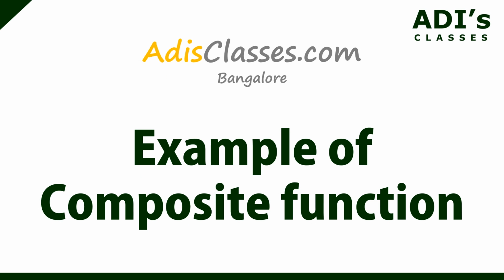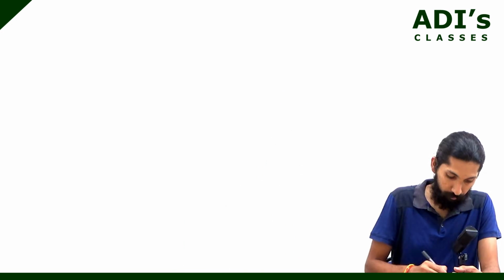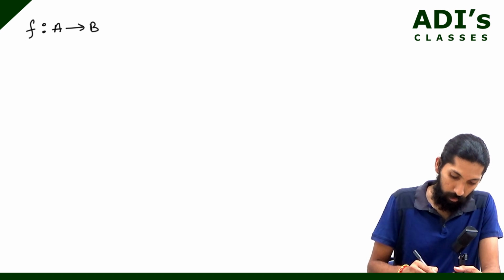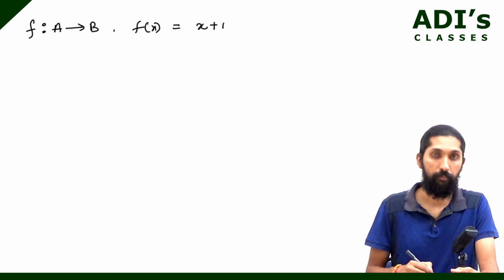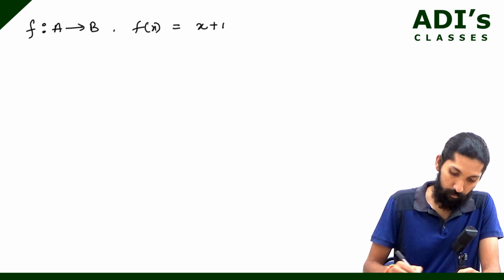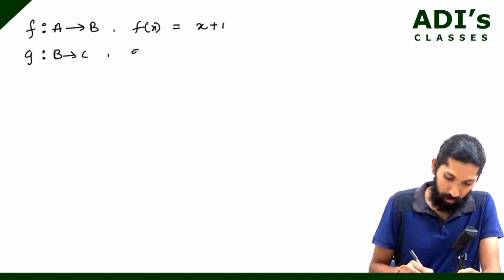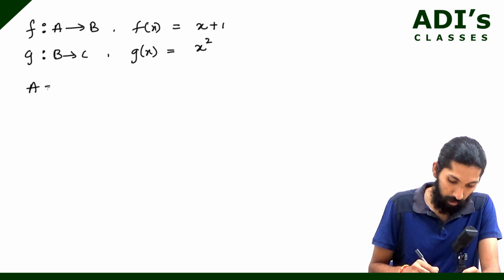Let's discuss one simple example about composite functions. Say you have a function f from A to B given by f of x is equal to x plus 1, and we have g as a function from B to C given by g of x is equal to x square. And now we set A to be 1, 2, 3,